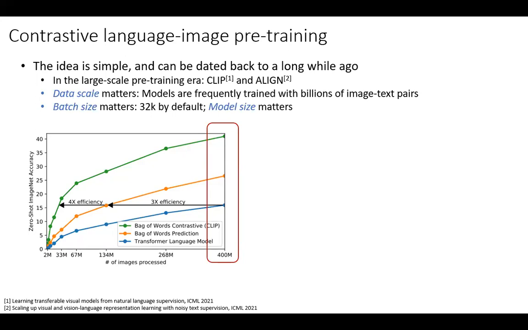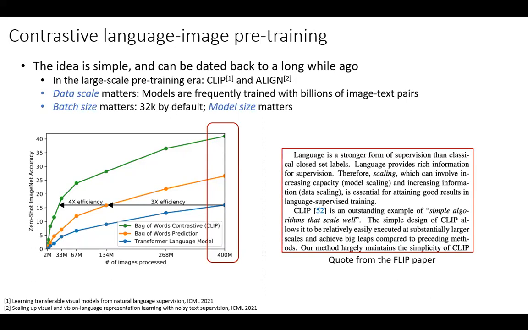And here we can see data scale really matters. Models are frequently trained with billions of image-text pairs. Basically, if you want to scale a model, there are three dimensions: the data scale, the model scale, and the batch size scale. Because it's contrastive learning, we usually need a very large batch size to do a good job. So this is one quote that I took from the FLIP paper, which is a paper from CVPR